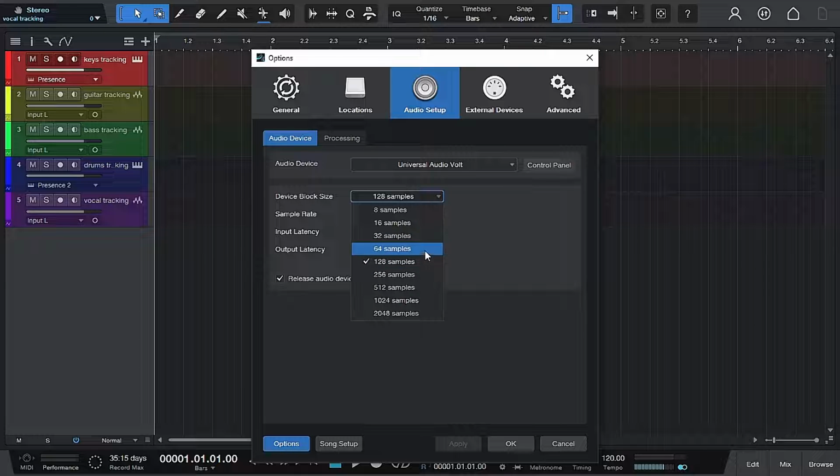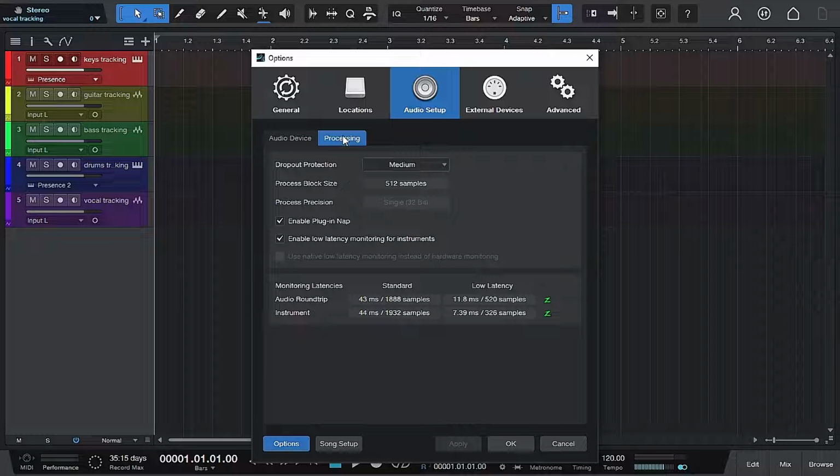My computer is kind of old. If I go to 64, it starts to clip. So I am using 128 samples, and that'll give me, at 44.1 kilohertz, an input latency of 4.40 milliseconds, and my output is 4.49. So we're going to go ahead and click over at the processing option, and my dropout protection is set to medium. So all of this is important because we want to get as little latency as we can possibly get